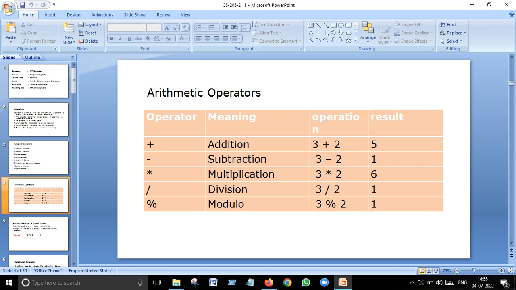And we have seen a program on the modulo operator, that is the remainder operator. And then